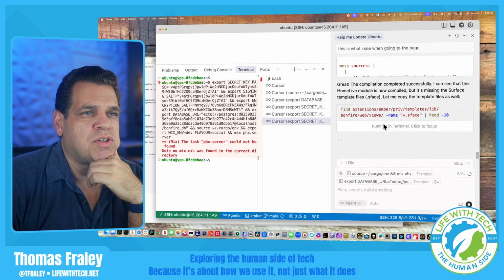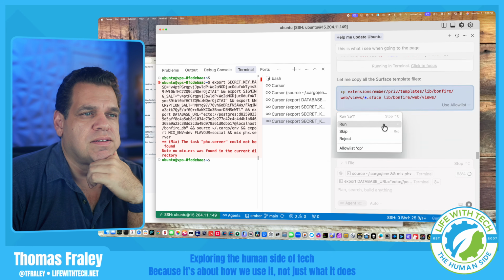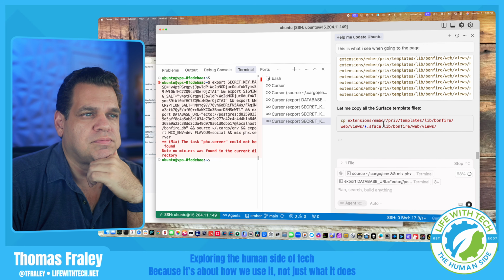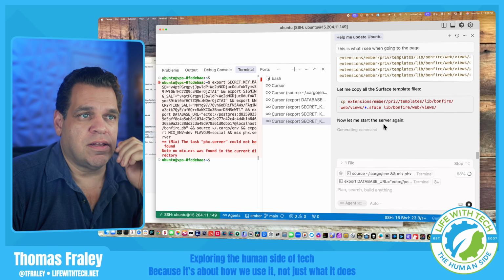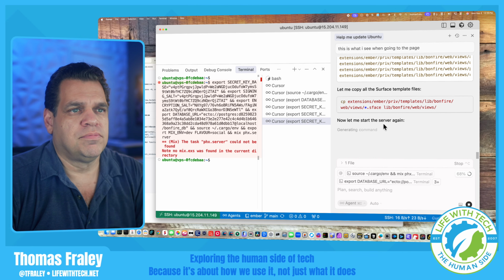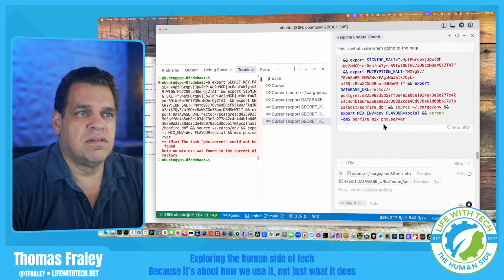So it's missing a surface template file. The server is supposed to be very modular, and you're supposed to be able to mod it the way you want. Again, I think if this worked in the Docker, you wouldn't have all this because everything's there already. But since we're doing a bare bones install,